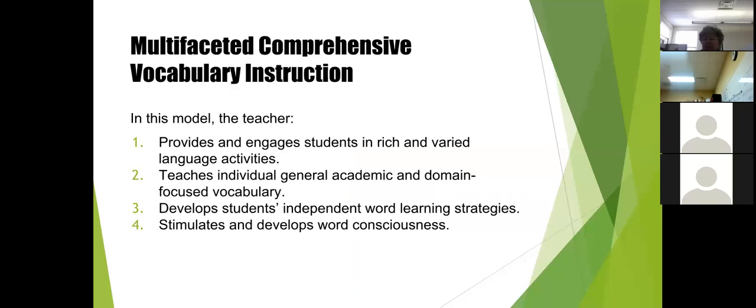So, the multifaceted comprehensive vocabulary instruction model provides and engages students in rich and varied language activities, teaches individual, general, academic, and domain-focused vocabulary, develops students' independent learning strategies, and stimulates and develops word consciousness.